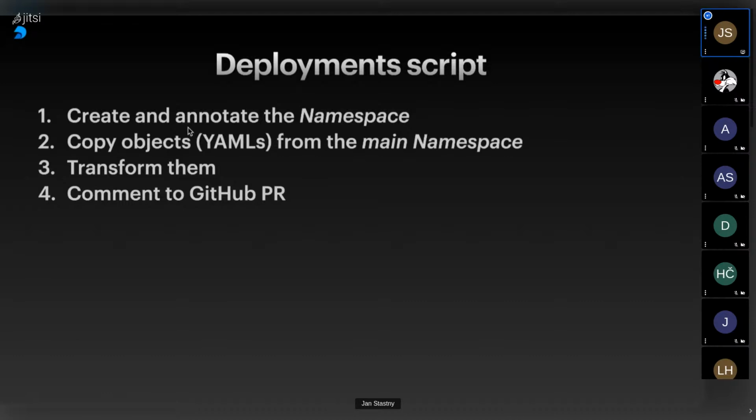One could ask why this could still be a kind of limited level of isolation, because we are just creating namespaces inside of the same cluster. We have considered, but only very shortly, creating different clusters.